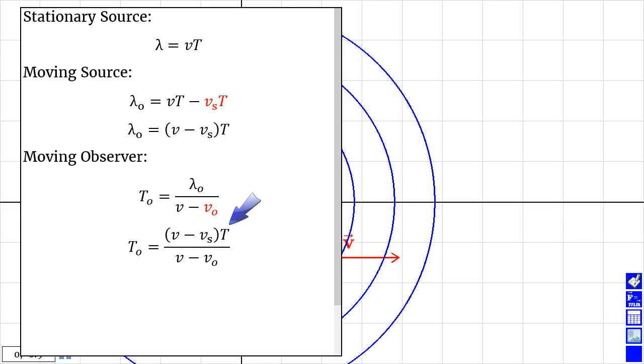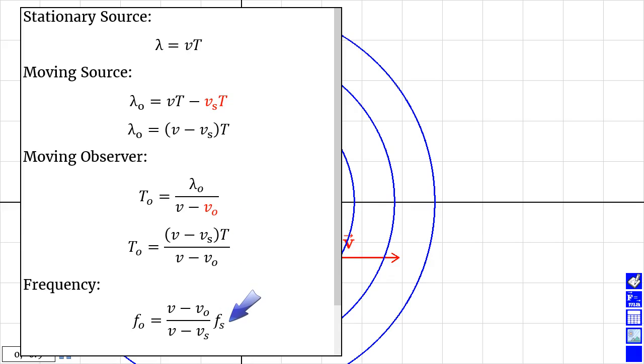minus V_O. Now the formula is often expressed in terms of frequency rather than period. Remember that frequency is the reciprocal of the period. So to take the reciprocal, we're going to switch the numerator and the denominator. So the v minus V_O is going to move up to the numerator. The v minus V_s moves down to the denominator. The T, if we leave it as a T, we'd have to move it to the denominator. However, the reciprocal of T is the frequency, so we can just leave it where it is